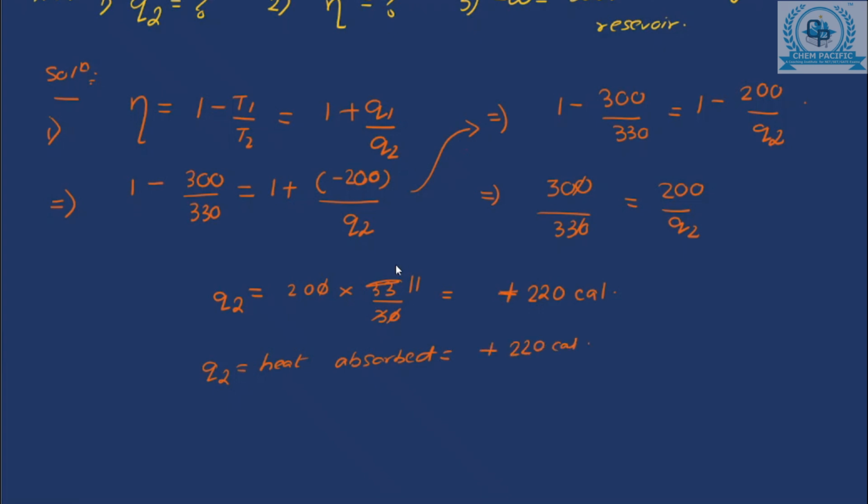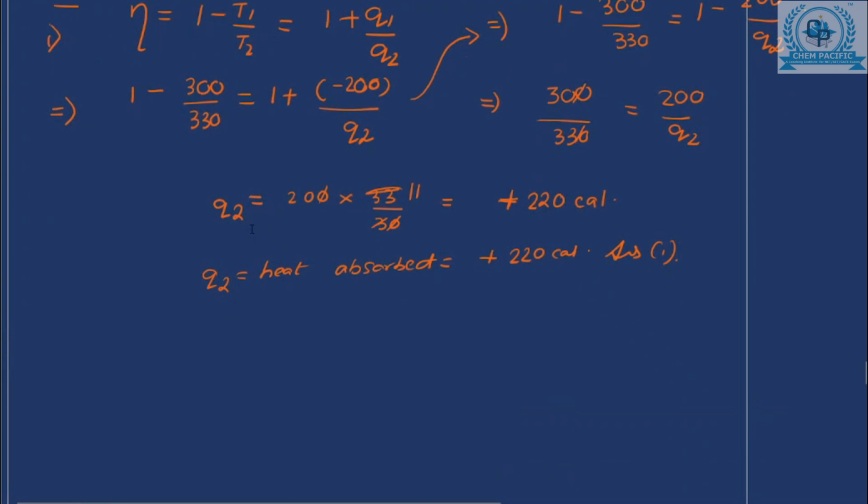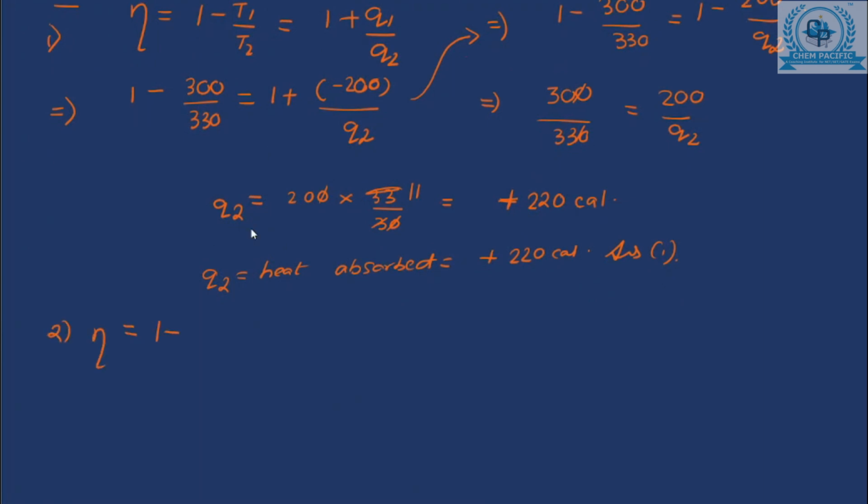So we have calculated this. This is the first answer, answer number 1. Now they are also asking you for the efficiency. तो ये तो बहुत easy हो गया। तो efficiency का formula क्या है, 1 minus T1 by T2 and which is also equal to 1 plus Q1 by Q2। आप कोई भी values put down करके कर सकते हो।